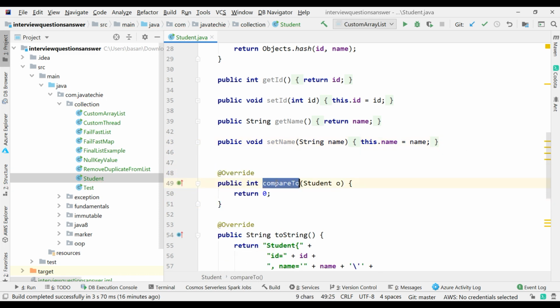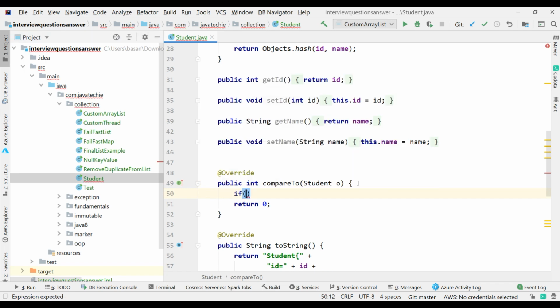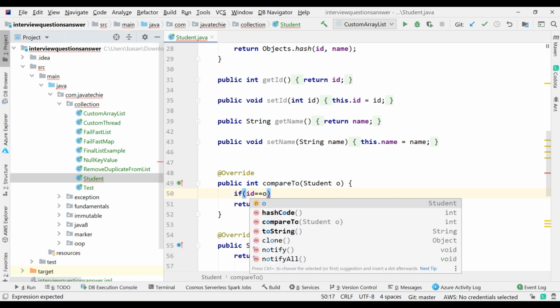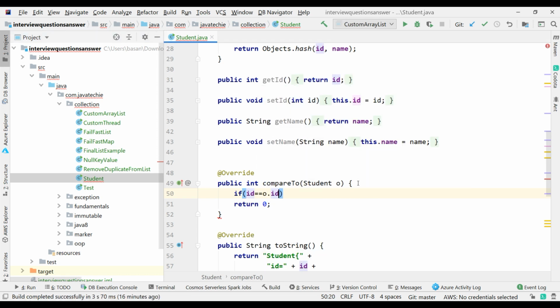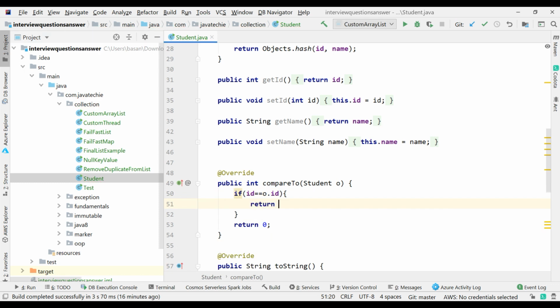Inside this compareTo method, you need to write the logic. Since I have the student object with me, I can provide the sorting either for ID or for name. I cannot provide for both using comparable. That's why it's a single sorting implementation. So I can simply write if id is equal to the object's id, if both are the same, then return 0, because it's not greater than.